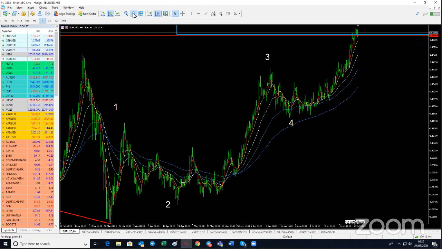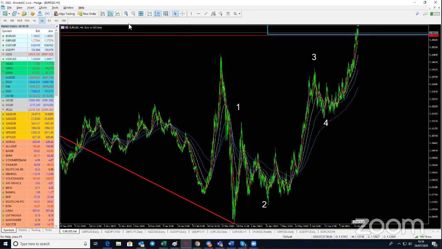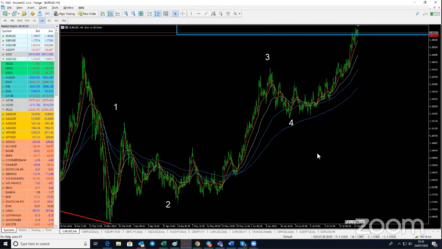Also, let me just check something here. There's another thing as well when it comes to pattern. We've also got a J type pattern here. Okay, a J type pattern. Let me show you guys in a second here. It's called a J pattern or a hook pattern, if I'm not mistaken. Let me just show you. And usually the J type pattern signals more that upward type movement. Okay, so let me just show you guys.